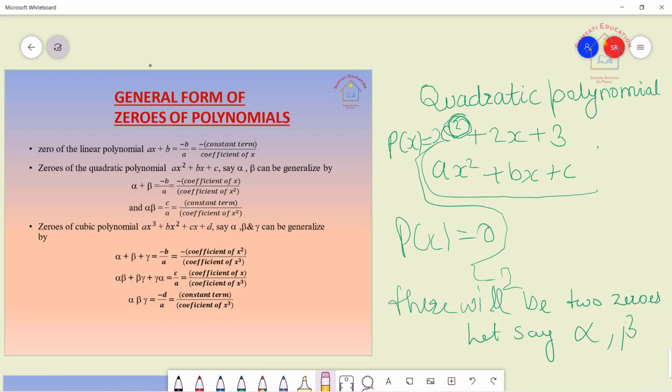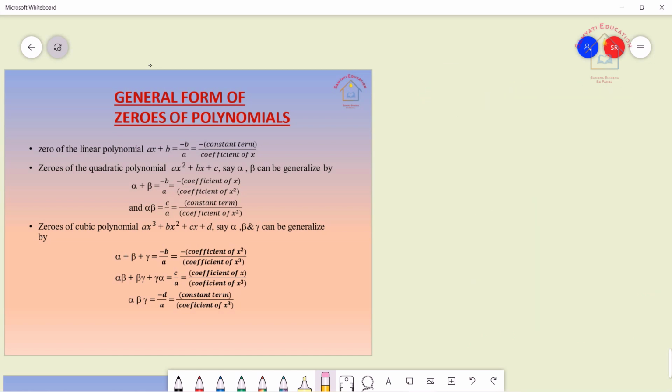Now we will not go through the derivation of how to find the values of alpha and beta. There will be two equations. We have to find two equations in terms of alpha and beta, and that will be the way of finding the zeros. The first equation will be the sum of the two zeros, and the next will be alpha beta, that is the product of zeros. We are not going through the derivations of these things. We are just going to know what the formula is, what the main thing is.